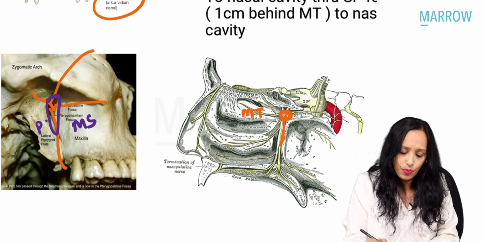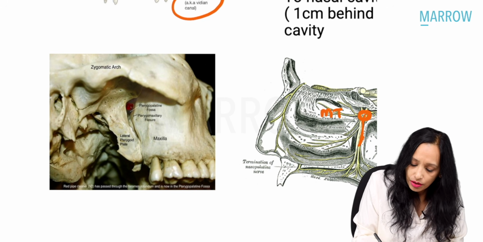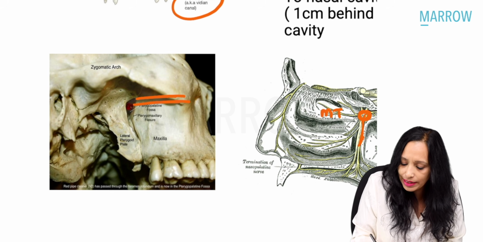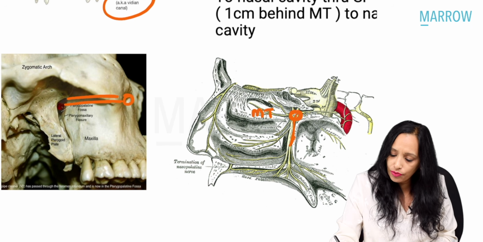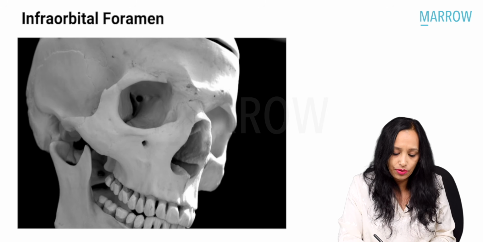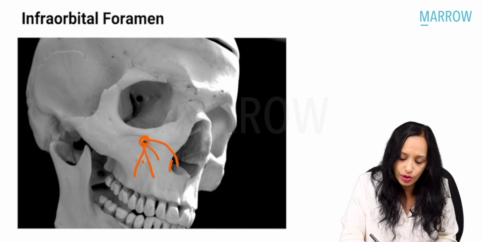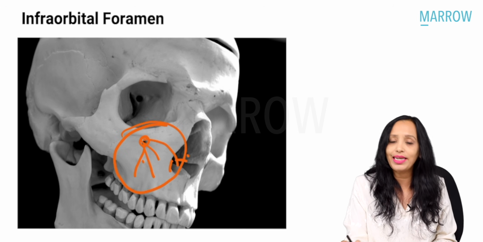Now also the maxillary nerve, after supplying through the infraorbital canal, passes and comes out through a foramen here. Can you see here? Through the infraorbital foramen, it gives sensory nerve supply to the skin of the cheek and also to the ala of the nose, which means that if we want to anesthetize this area, we will have to